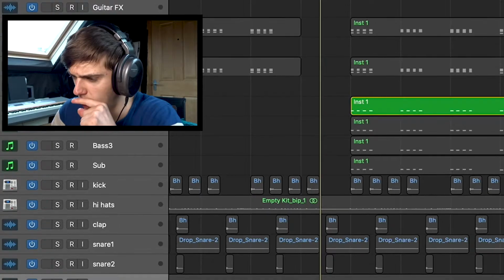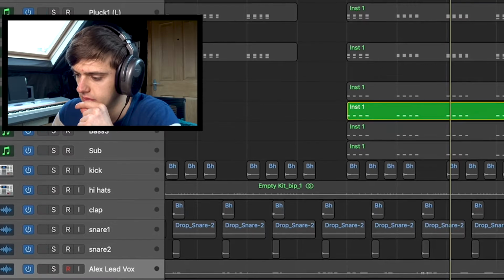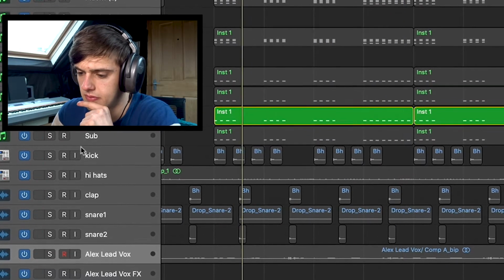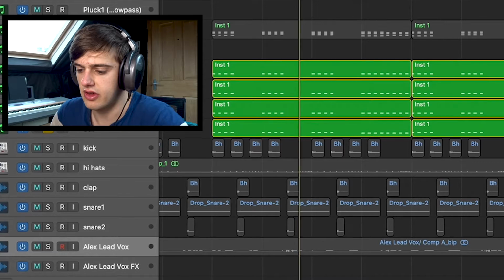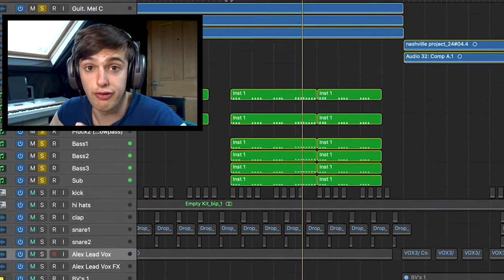And then for the chorus, we added just basses. I individually play the basses. So there was this one, this one, this one, and all together with the sub, they sound like this. So if I play that with everything else in the chorus so far,